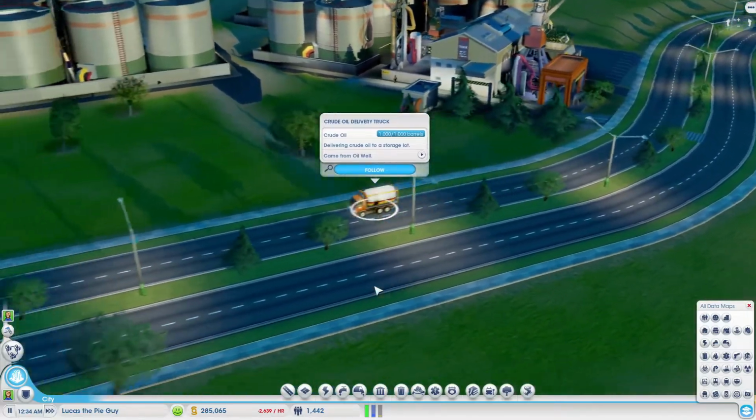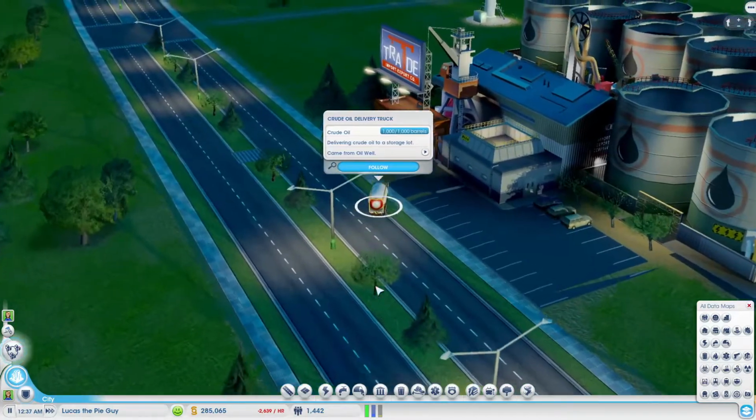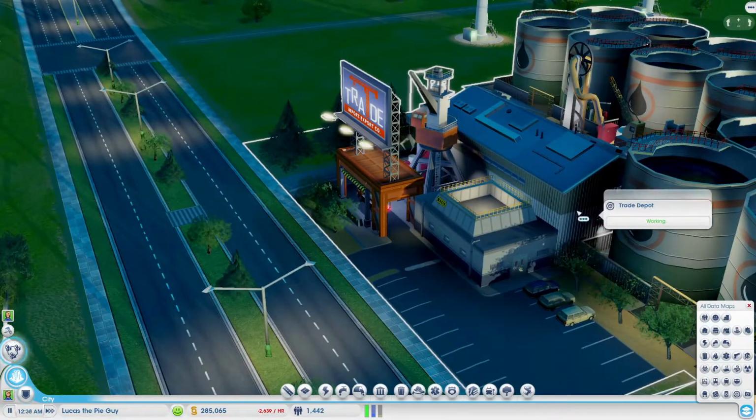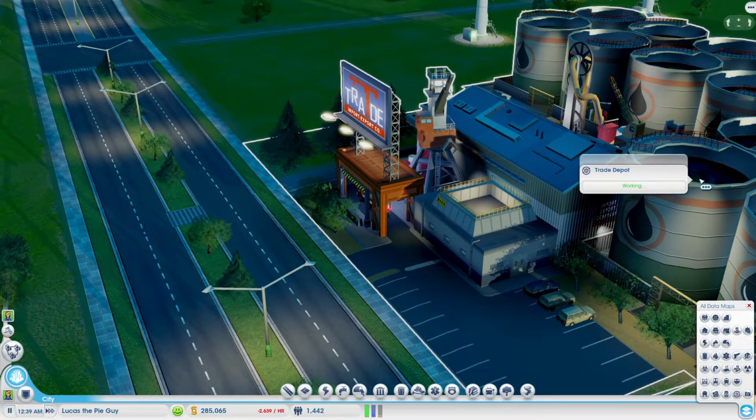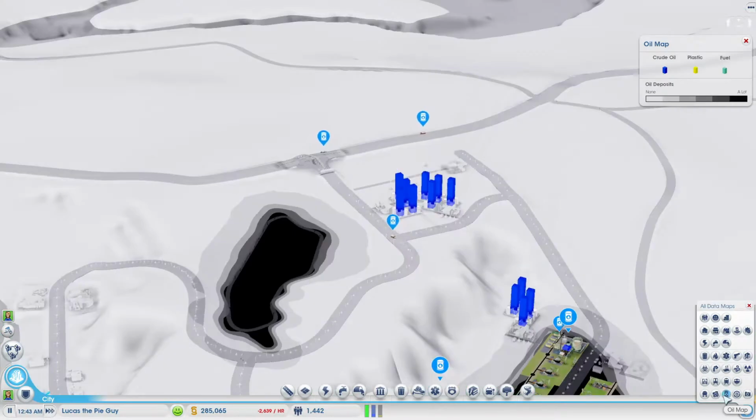Cute little oil truck, bringing oil from the oil pump place to the trade depot. Oh, look, and there it filled up right in there. How cool is that? Okay, well, see you later, truck. Thanks for delivering the oil. What we really need, though, is...